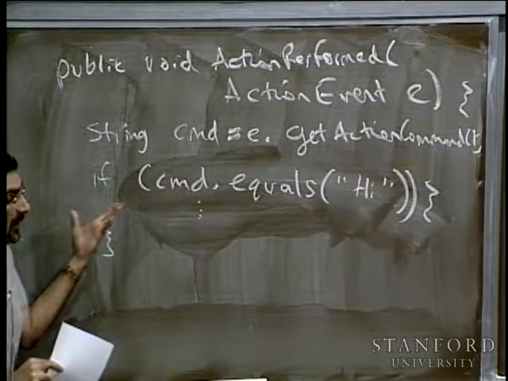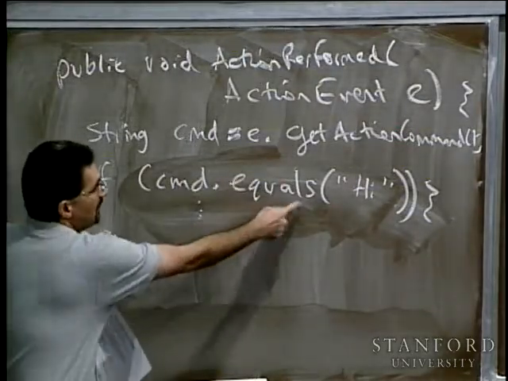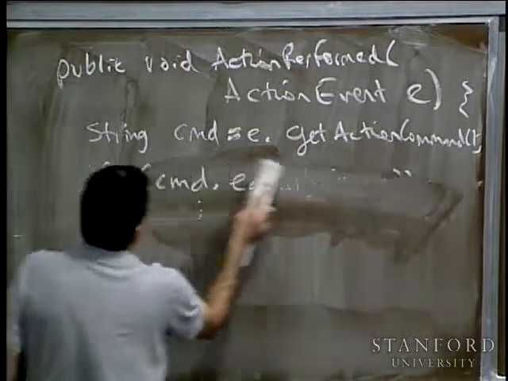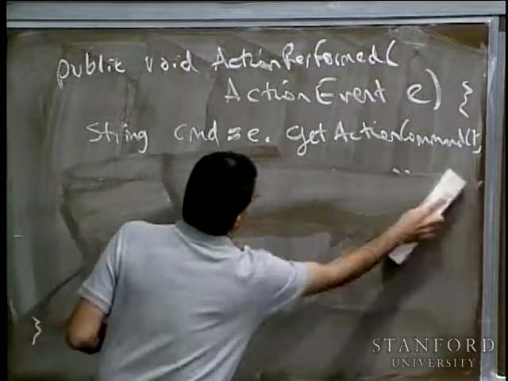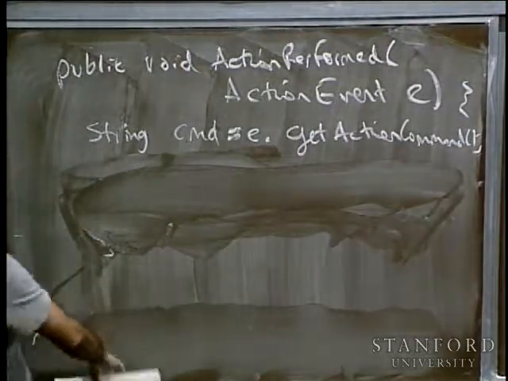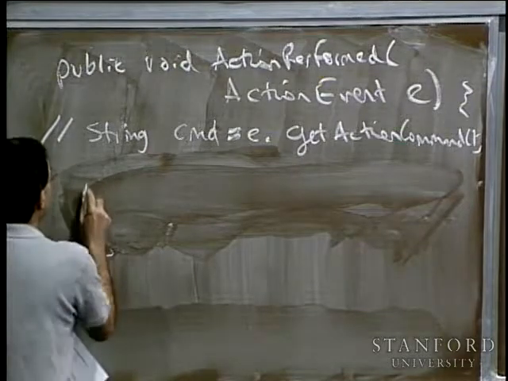The other way I can write it, with my friend getSource, is rather than getting the name of the command and checking to see if the command is equal to hi, I can say, hey, Maron told me about this thing called e.getSource. As a matter of fact, I don't even need this line for command anymore. Let me just comment it out so I don't erase it. And I can say if